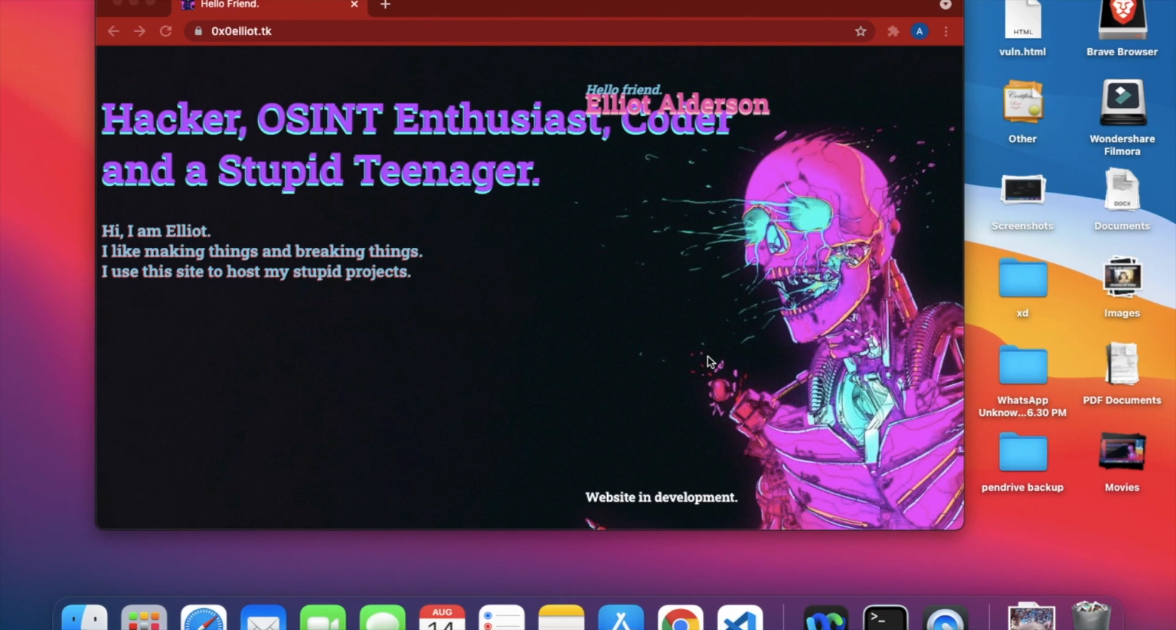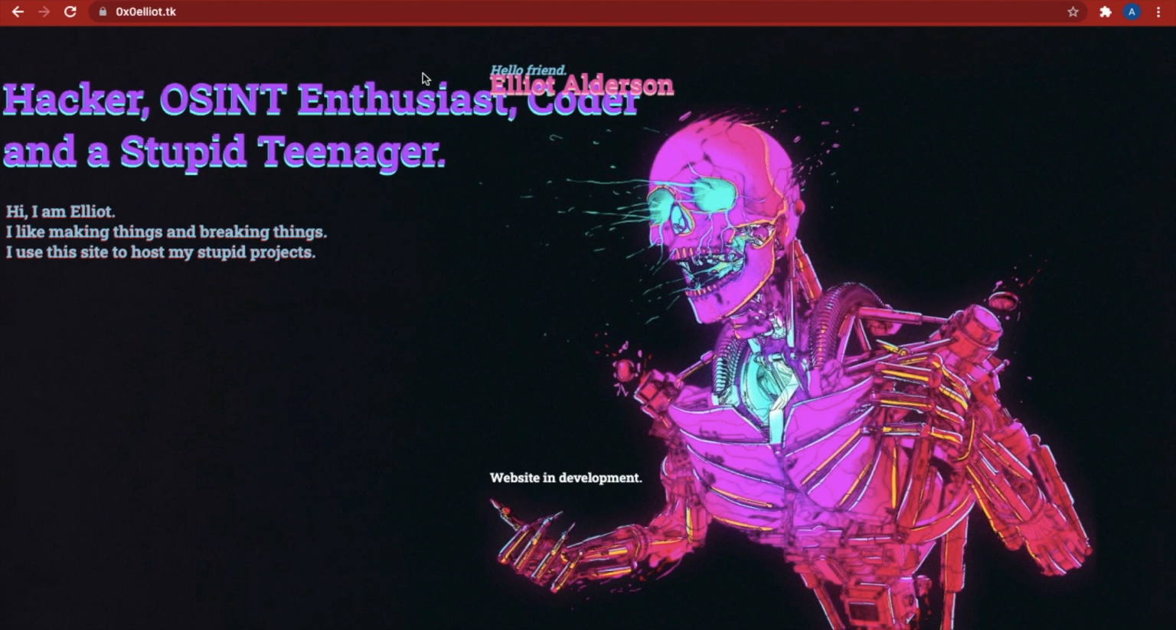Anyways, so today we're going to talk about XSS, that stands for cross site scripting. Basically, a website has a front end and a back end. Whatever you can see in the front, this is my